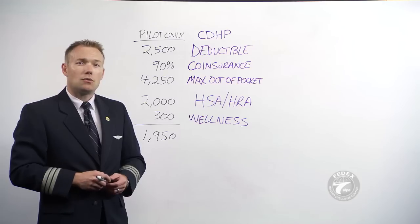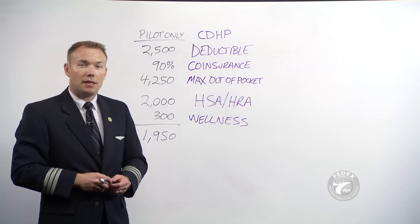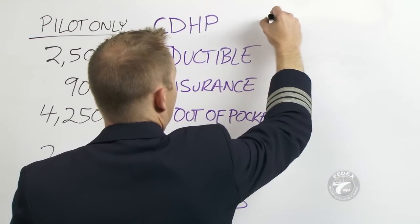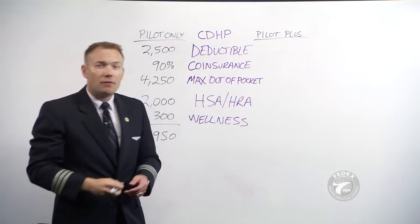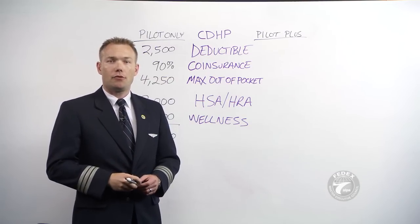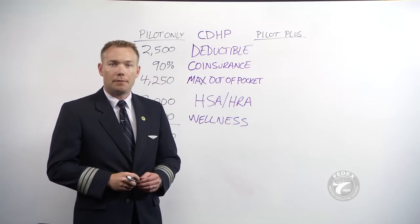Now that we know how individual claims work with the deductible and the max out-of-pocket limit, let's talk about how things work for an individual inside one of the pilot and spouse, pilot and children, and pilot and family tiers. These are known as the Pilot Plus tiers. If you have elected any one of the Pilot Plus tiers, any one participant in your covered group is only